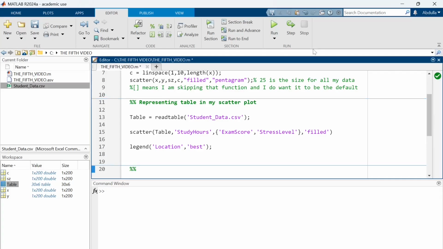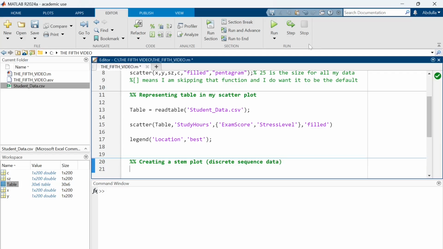Right now we're gonna explain another concept, which is creating a stem plot. The professional name is called discrete sequence data. But the unprofessional name that I'm gonna give it is just the lollipop graph. This is funny, but why lollipop? Because it does look like it. And discrete sequence because